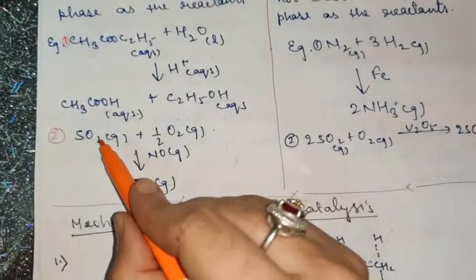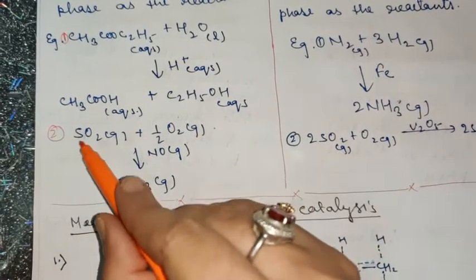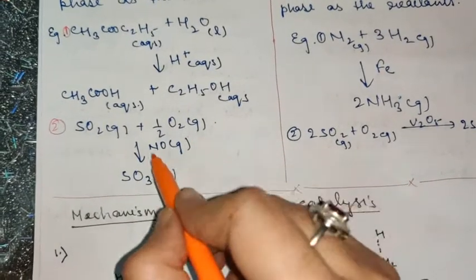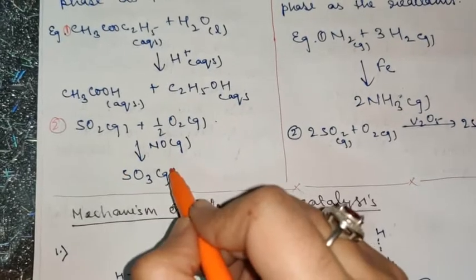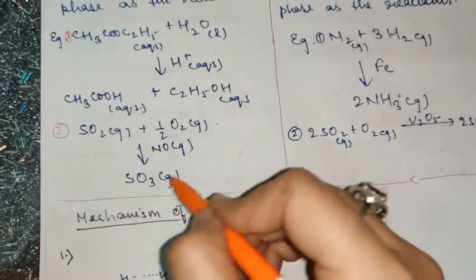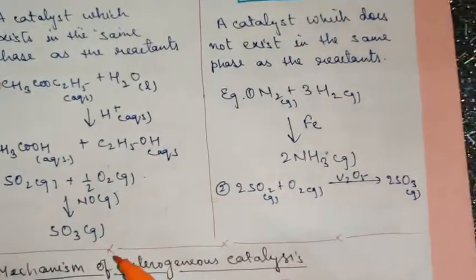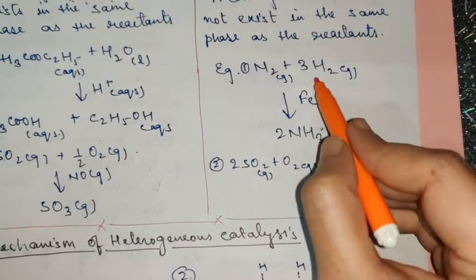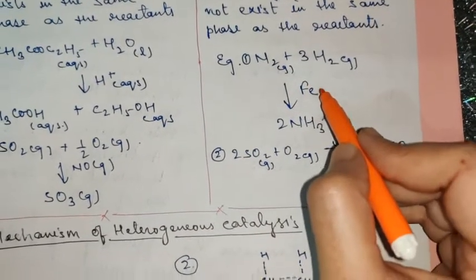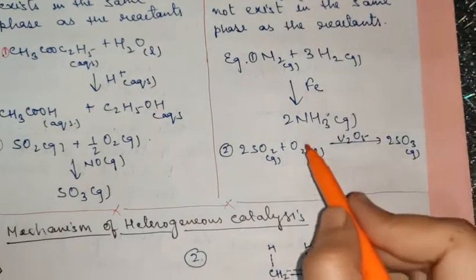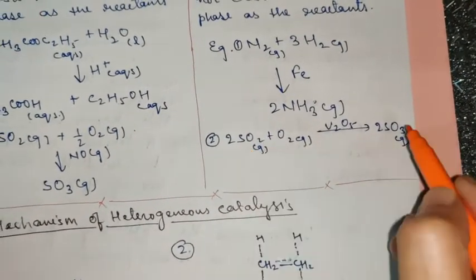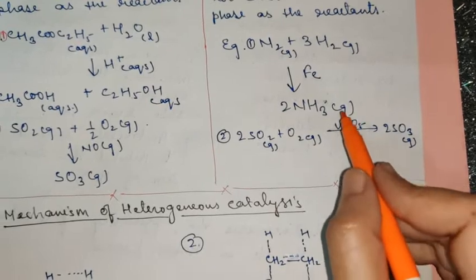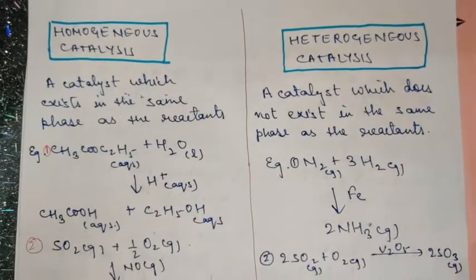And a simple example, SO2 getting converted into SO3. You can see here the reactants are gaseous, and the catalyst NO or NO2 can also be used. Both are gaseous in state. So we get SO3 as the product. So all the reactant, product and catalyst are in the same phase. And again, here comes the example of Haber's process, N2 plus 3H2 getting converted into ammonia, where we use solid, finely divided iron, which is heterogeneous. And this is also an example. If you are converting SO2 into SO3 in the presence of vanadium pentoxide, then it is again a solid catalyst. So this will fall under heterogeneous catalysis.